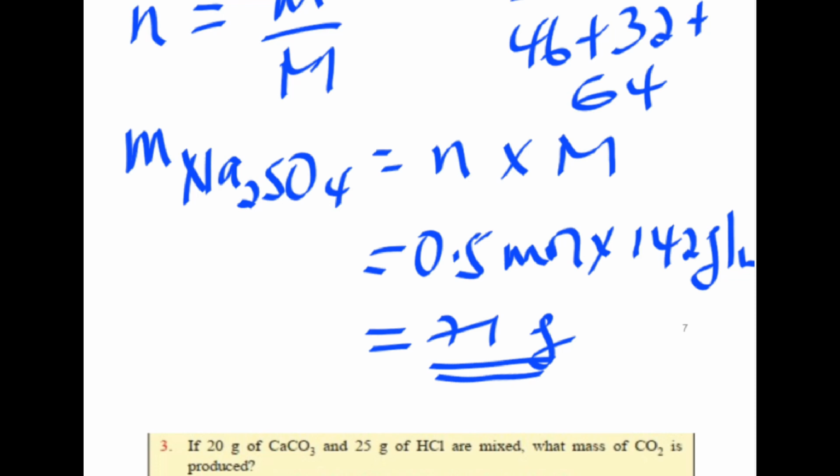acid so በዚህ መልኩ መመለስ ይቻላል ማለት ነው. 20 gram of calcium carbonate and 25 gram of HCl are mixed, what mass of carbon dioxide is produced? ስለዚህ ኢኩዌሽኑ ተሰጥቶናል አሁን የተጠየቅነው ምን ያህል ማስ ኦፍ ካርቦን ዳይኦክሳይድ ፎርም ይሆናል 20 ግራም ካልሲየም ካርቦኔት እና 25 ግራም ኦፍ HCl በእንደባለ የመጀመሪያው ስቴፕ መሆን ያለበት to identify which substance is the limiting ማለት የተሰጡንን አማውንቶች በማስ የተሰጡንን ወደ ሞል ቀይራቸው